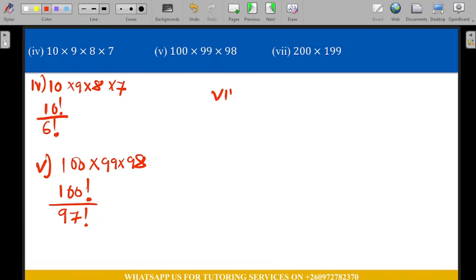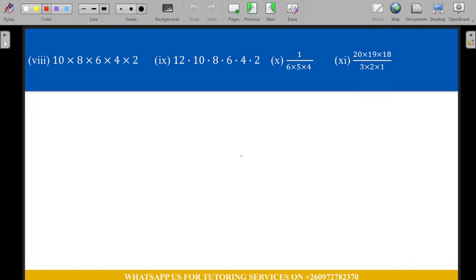Then for part 7, what we have is 200 times 199. For this one, between 200 and 199, you don't have any number missing. So 200 factorial over. Now 199 minus 1, that's 198. Now factorial. So that becomes the answer. Then for 8,